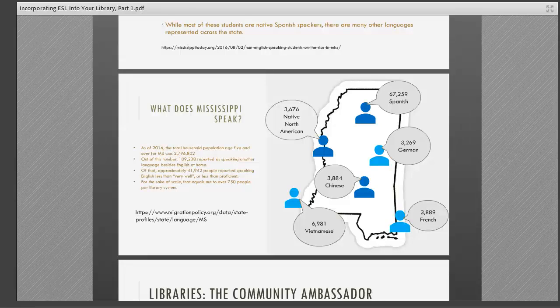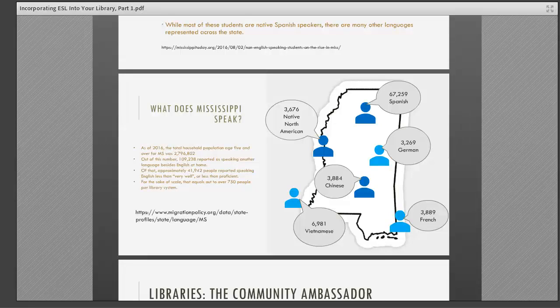And just for the sake of scale, we have 53 library systems in Mississippi, and if we were going to divide that up equally, that equals out to well over 750 people per library system. Now, obviously, population densities are different in different areas. So I'm not saying that it's exactly 750 people per library system. Just for the sake of scale, if we divided that number across 53, you're going to get